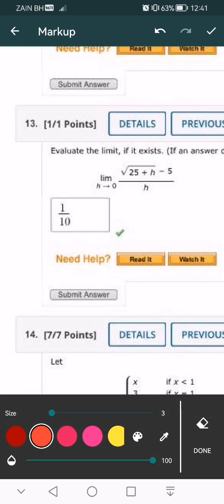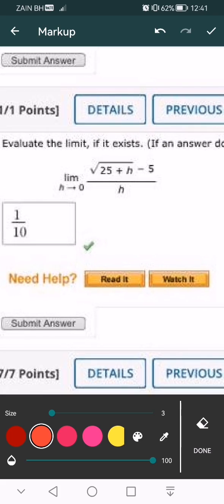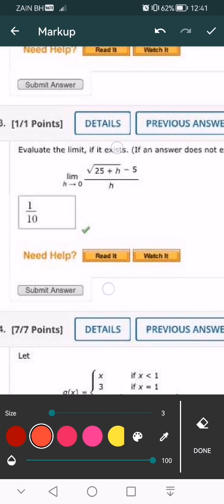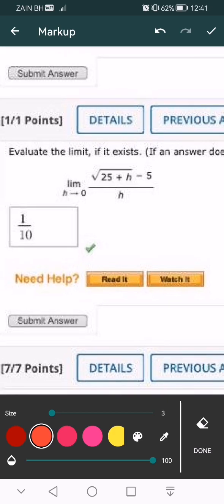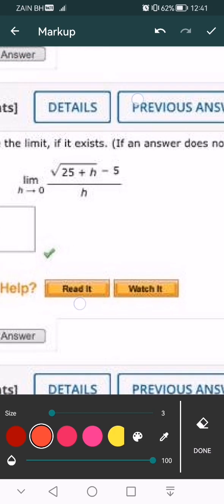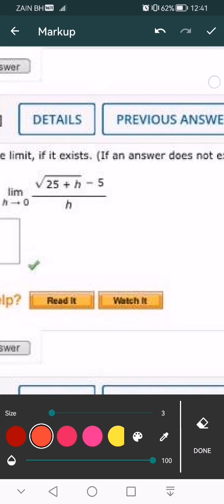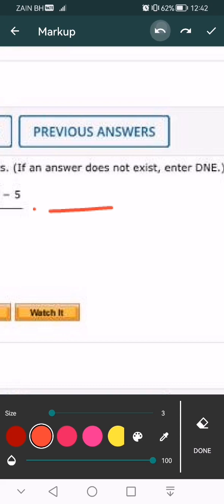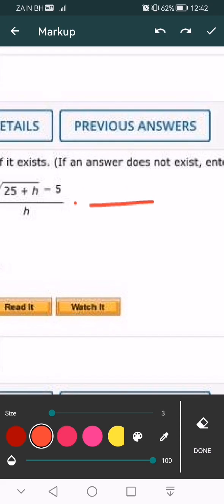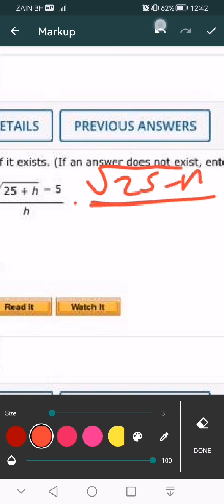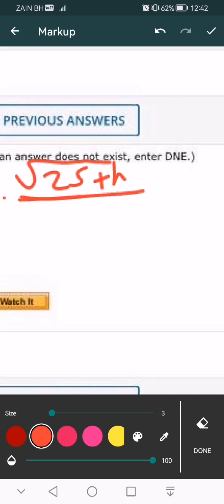Okay, now we will move here. What I have to do here? Got it now? Okay, evaluate the limit if it exists. What I have to do here in this case, I will do the other, which is I will take here square root of 25 minus h, sorry, plus h, plus 5 over